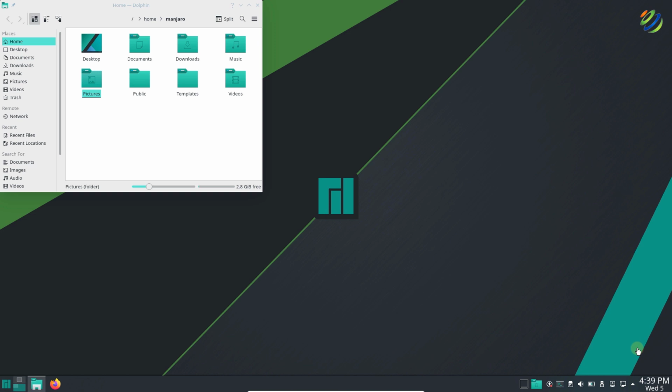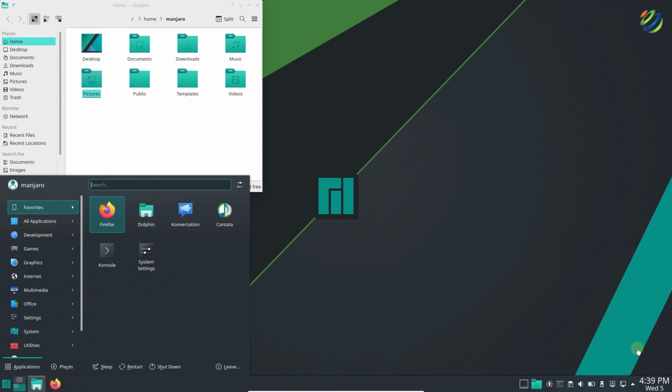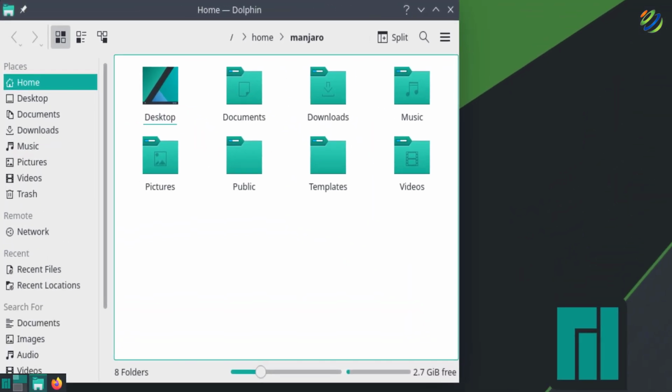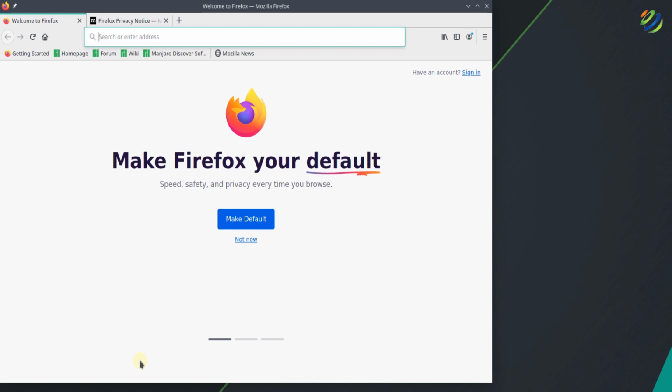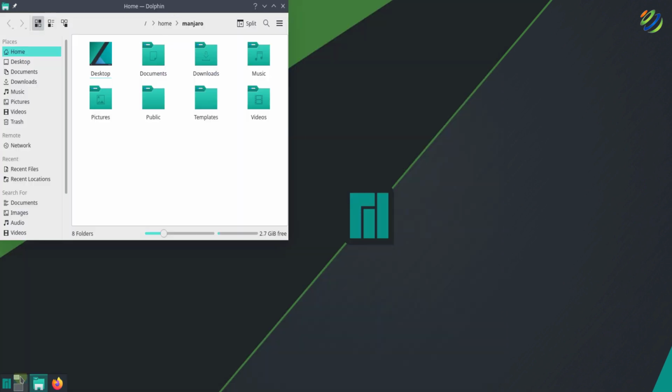Even if we press our super key, we still do not have any shortcut to shift through our desktop windows. Here you can see that in one of them I have opened my Dolphin, and in the other one I have opened my browser. So what if I want to shift through these 2 desktops? Here we have to use our mouse to shift between 2 desktop windows. For example, if I want to go back to my other desktop window, I have to click on it and I'll be able to shift to it.